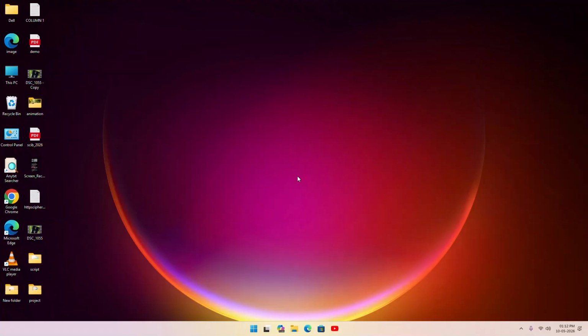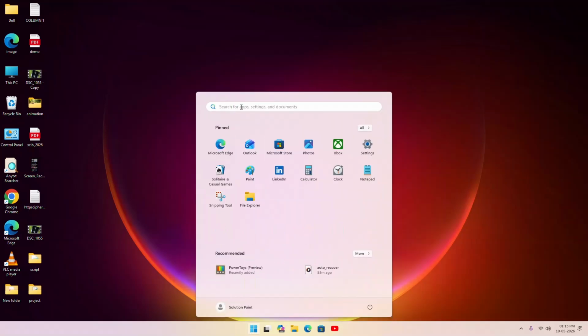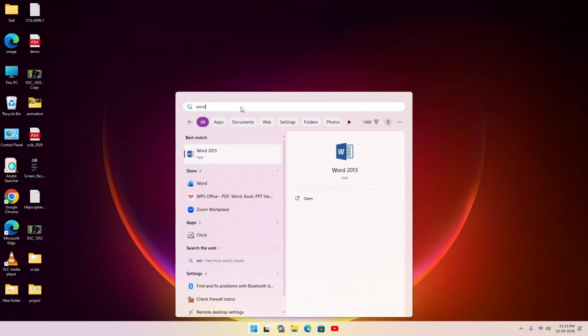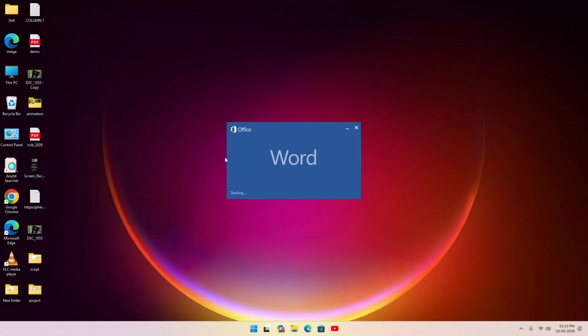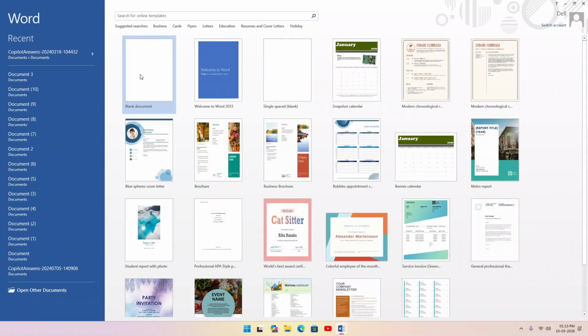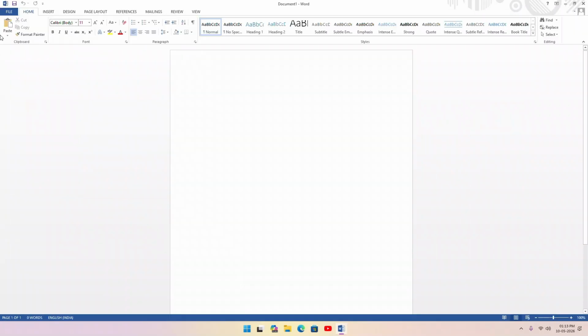Most people think the document is gone forever, but don't worry, Microsoft Word has a hidden auto recovery feature that can help recover unsaved documents in just a few clicks. Now again open Microsoft Word, click on blank document, again go to File,